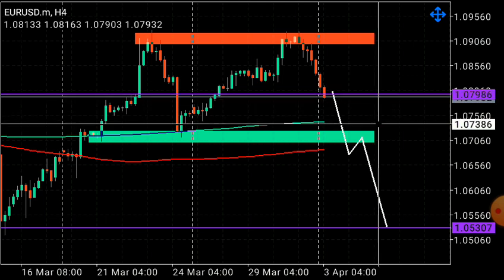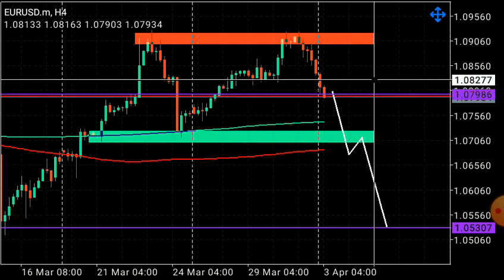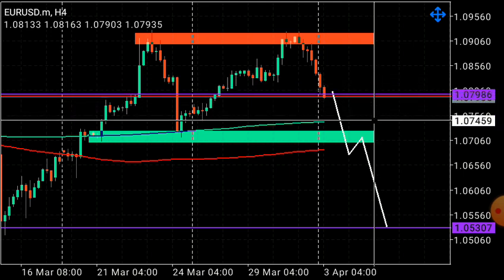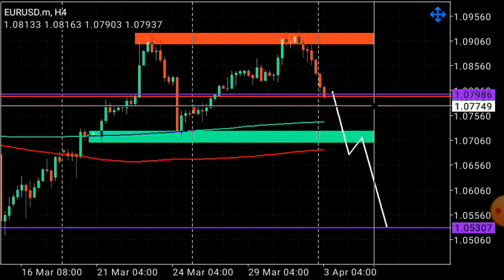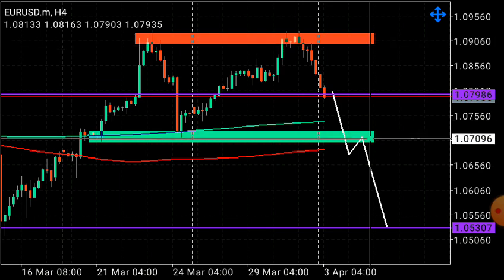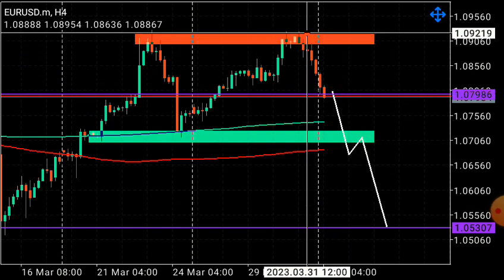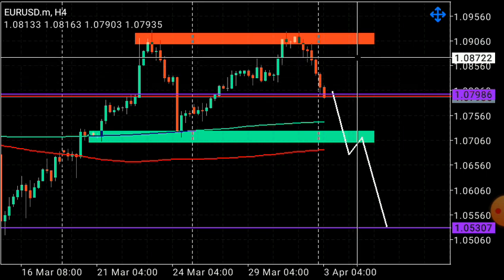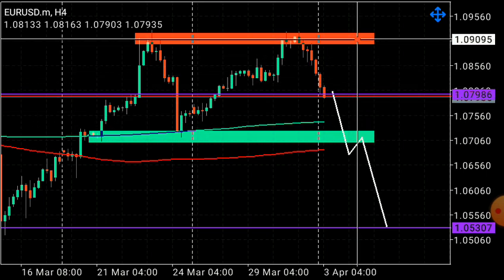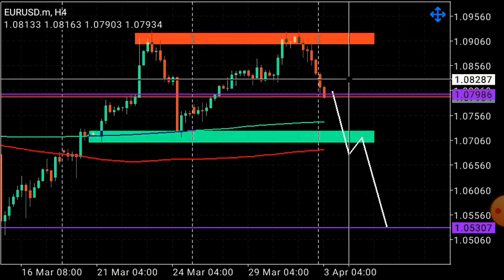Scalpers, we don't do anything. We just wait for price. Maybe if you're a scalper, you can take sells here, stop loss above there, and look to take profit low. But with the risk to reward, this is a small move compared to a move that comes from here to here, or a move that you could have got from here taking profit there. So from here to here, it's not worth it. Price could easily go back there and continue the downtrend. But sellers who came in there, if price continues going back there and dropping, they'll still be able to hold. So it's not worth it.